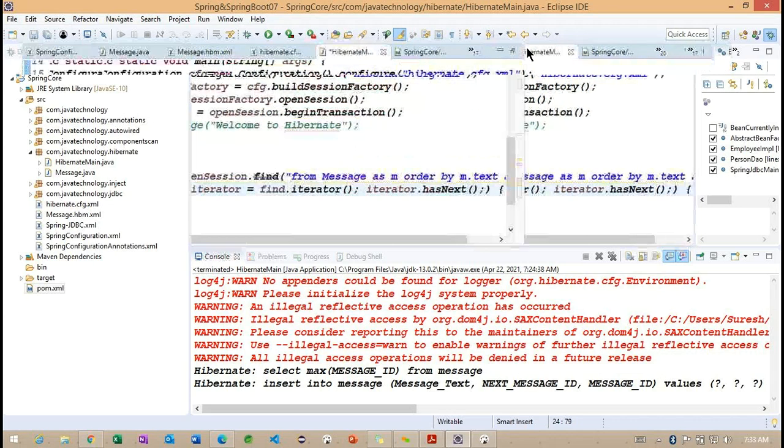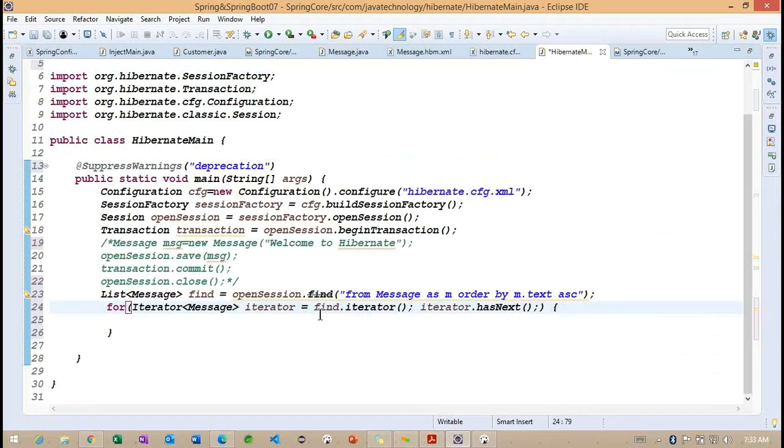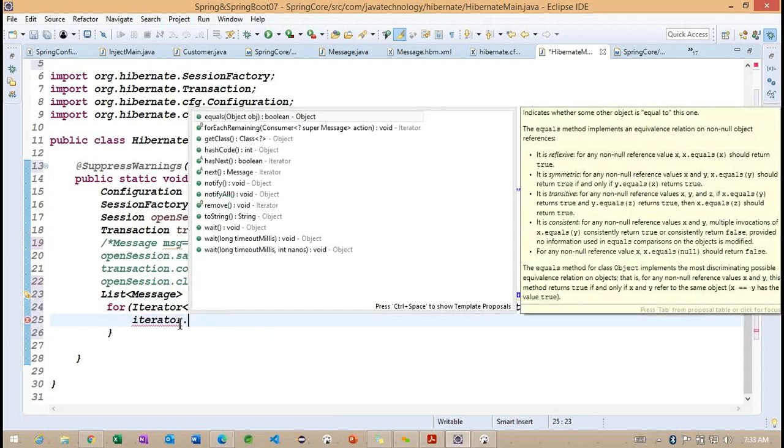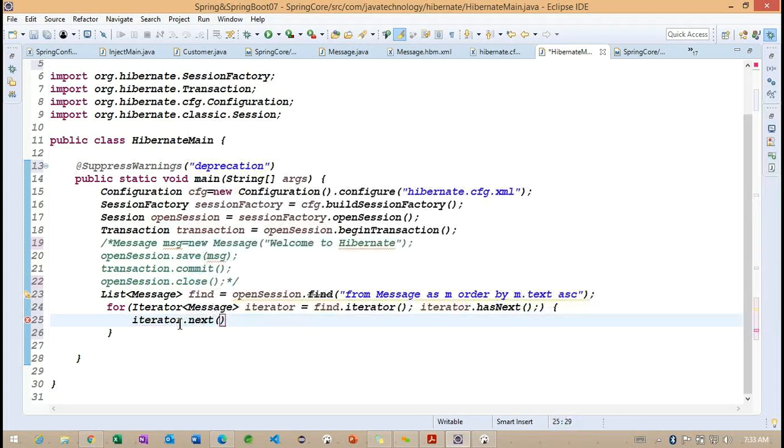Observe carefully. Using this iterator, I want to iterate one by one, and iterator dot next gives the message object we are getting.